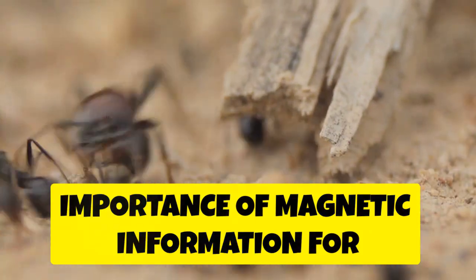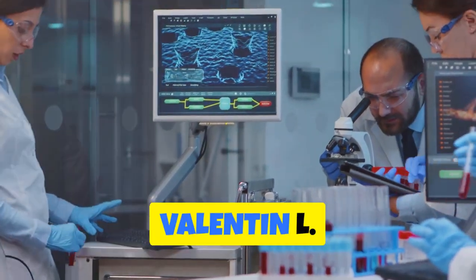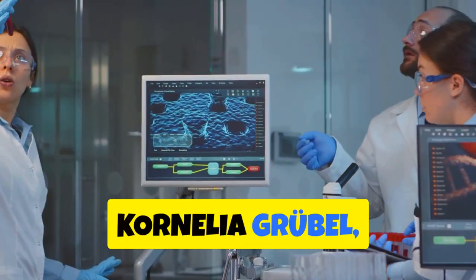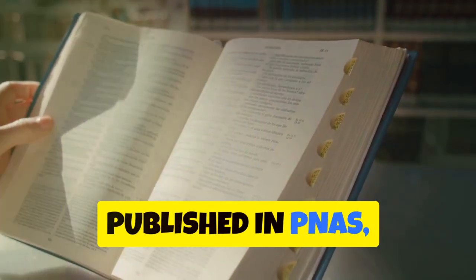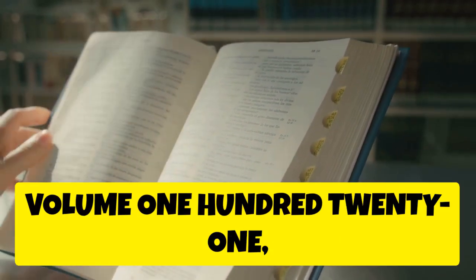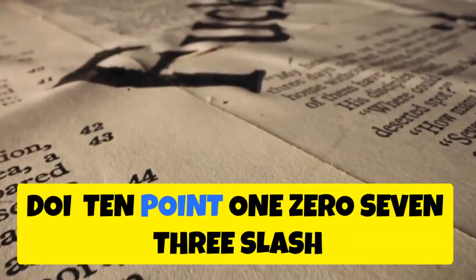Importance of magnetic information for neuronal plasticity in desert ants. Authors: Robin Grob, Valentin L. Muller, Cornelia Grubel, Wolfgang Rossler, Pauline N. Fleischmann. Published in PNAS, Volume 121, Number 8, February 12, 2024. DOI